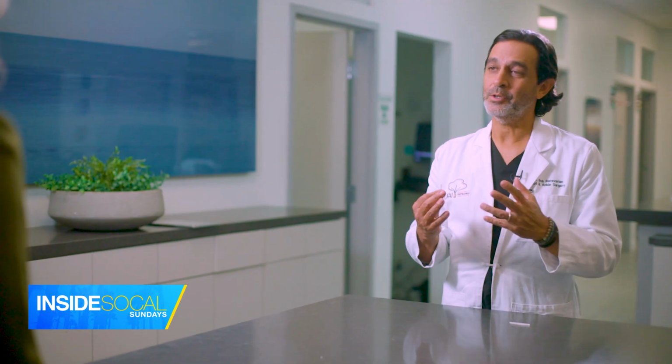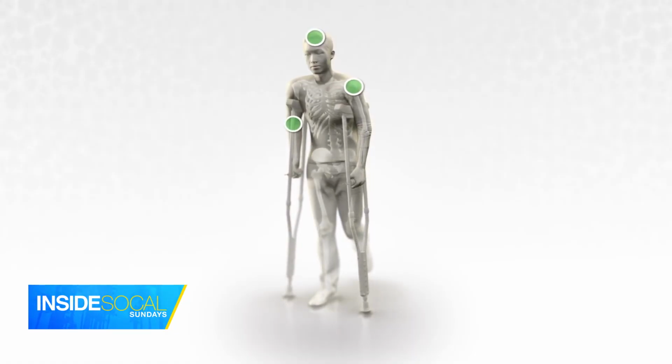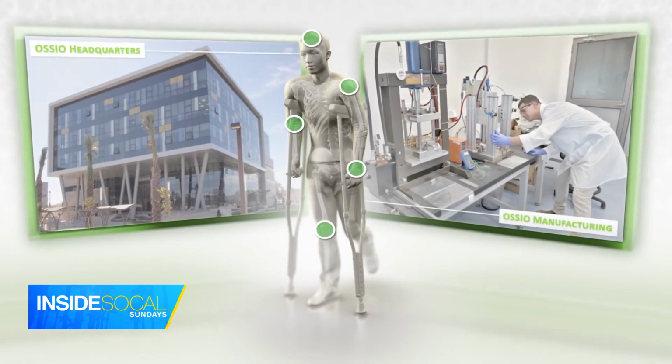We have tendon anchors, we have staples, we have pins, and Ossio is not just foot and ankle. It can be used in knees, shoulders, hips, and over time it's really going to replace what's available for orthopedic products. Part of what we do is try to get people back to doing activities of daily living faster,